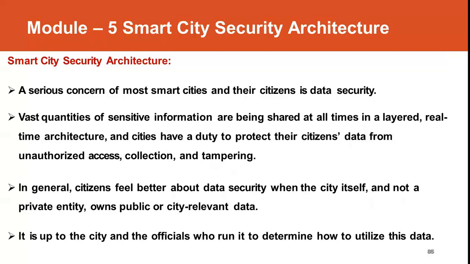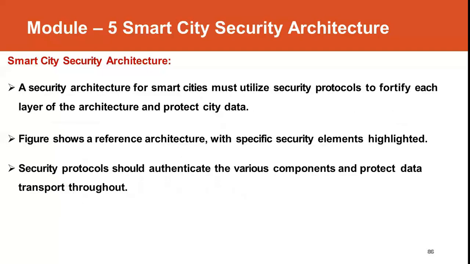Now in this smart city layer, it is up to the smart city boards and agencies to decide what they do with the data that is being gathered. Smart city architecture must utilize security protocols in each layer.